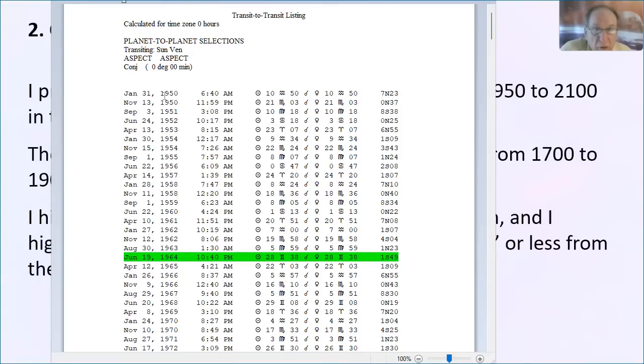So here it is, starting in 1950. And what's happening is that there's a rhythm of zodiac signs. If we start in 1950, it happens to be Aquarius, Scorpio, Virgo, Cancer, Aries. Got it? It repeats. Aquarius, Scorpio, Virgo, Cancer, Aries. Aquarius, Scorpio, Virgo, instead of Cancer, changed to Gemini.